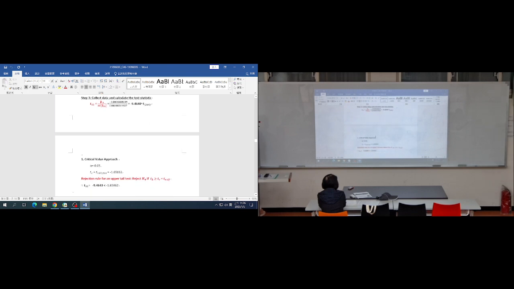I think it rejects the null hypothesis. So I think yes. What do you mean by rejection rule for an upper tail test? What do you mean by upper tail test? Since it is negative,